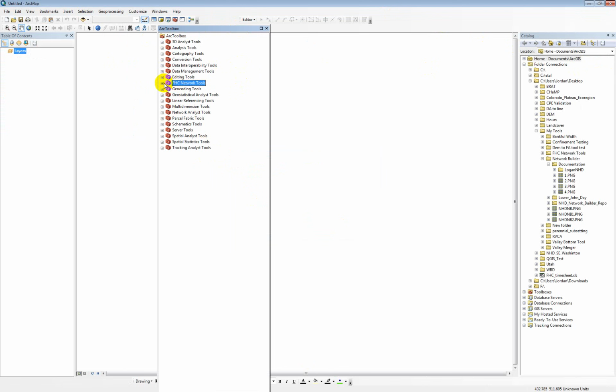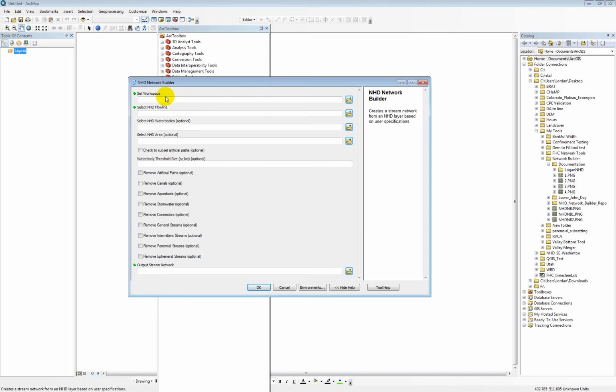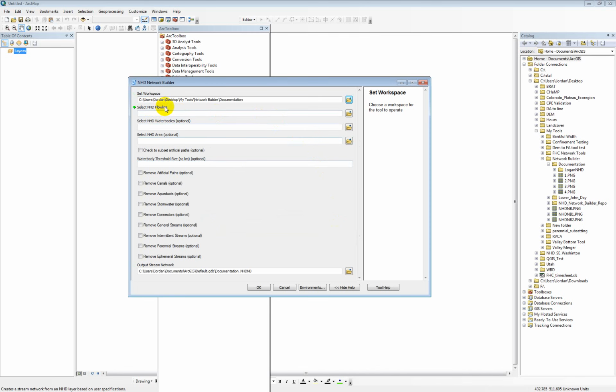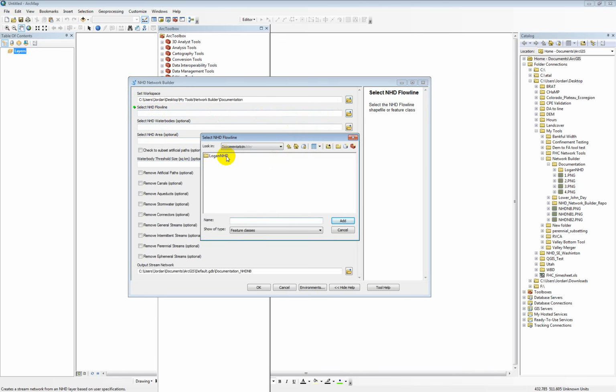And so then to run the NHD Network Builder, you open that toolbox and just double click on it. The first parameter here is setting a workspace, so that's just a folder where it's going to save all of our temporary files while we run the tool. Then it asks for the flow line, water bodies, and area files from that NHD data. So select the flow line, water body,